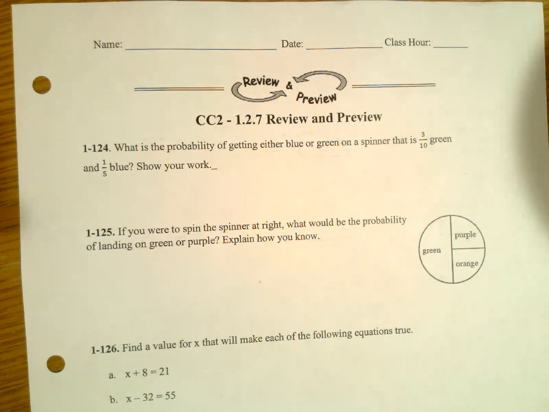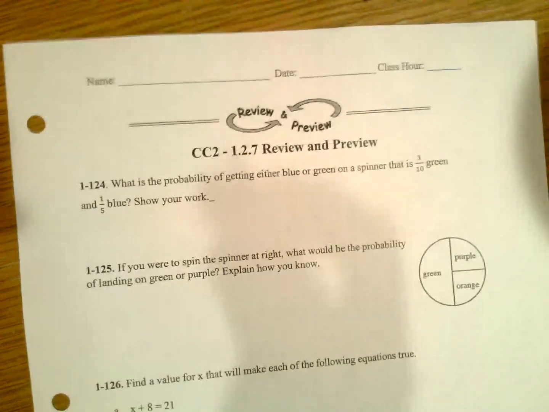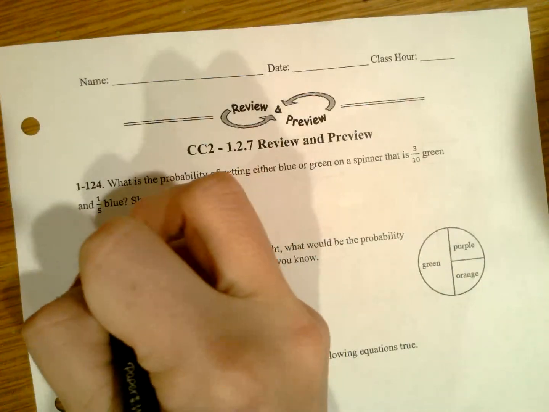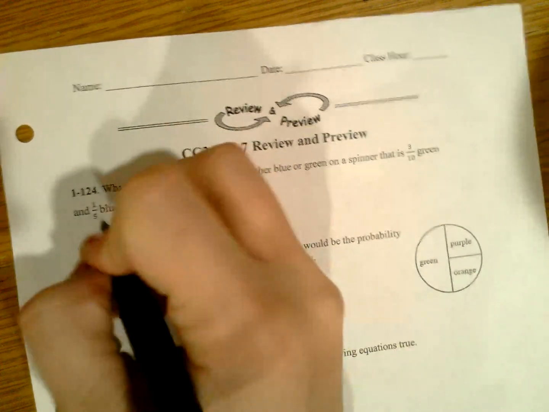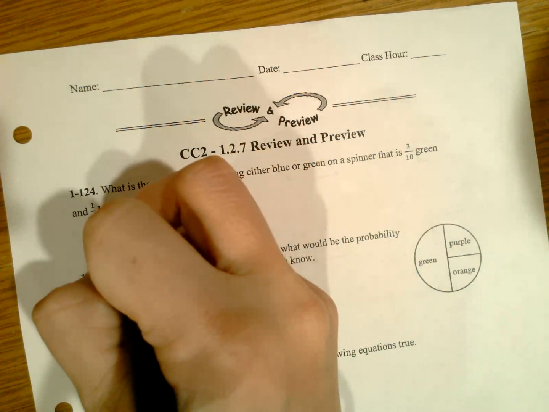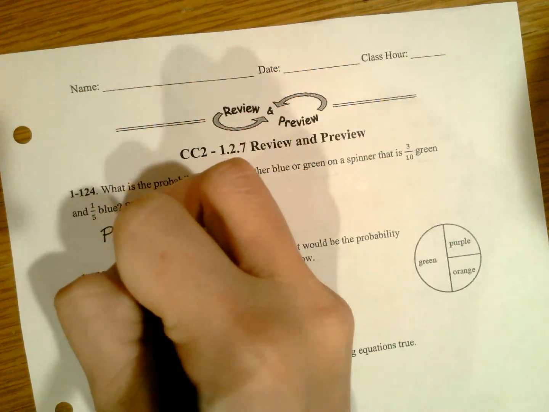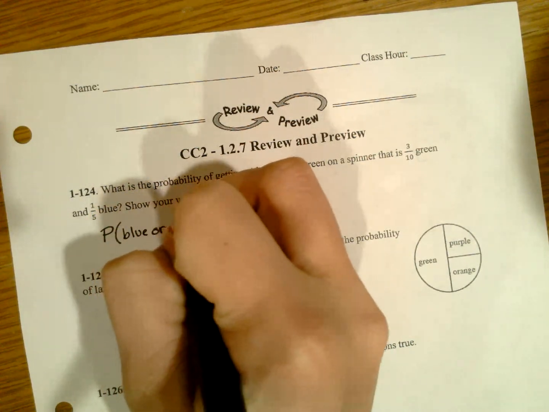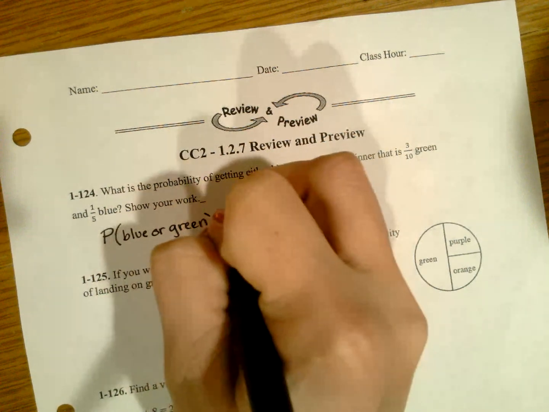Okay, we're going to start with problem 124. What is the probability of getting either blue or green on a spinner that is 3/10 green and 1/5 blue? Show your work. Okay, so the probability of green or blue. So I guess blue came first in the question. So blue or green is